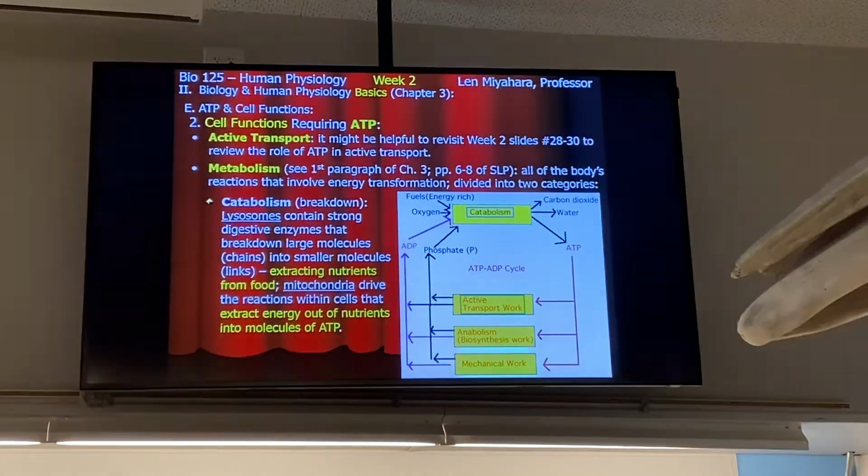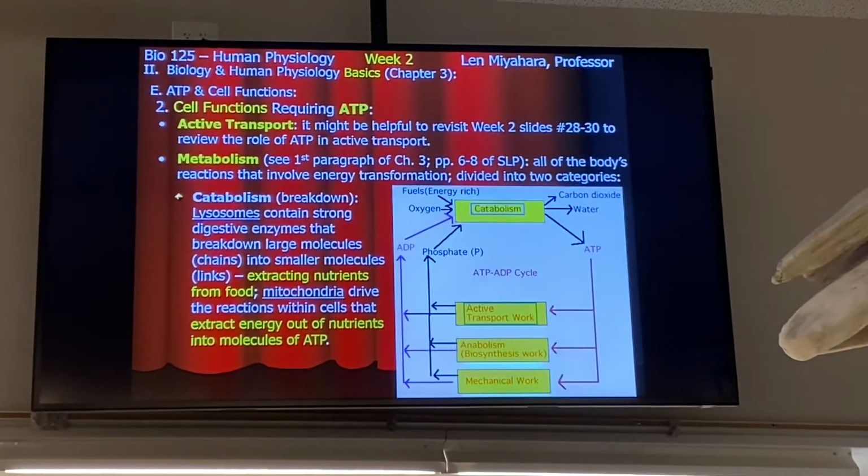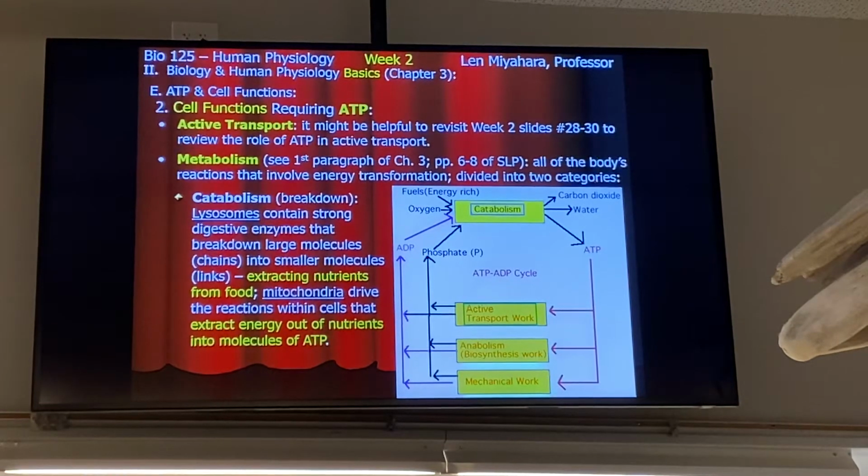We finished up talking about the difference between catabolism and anabolism. So today I'm going to be talking about the nutrients. And the nutrients are the first three here. I'll explain more about that